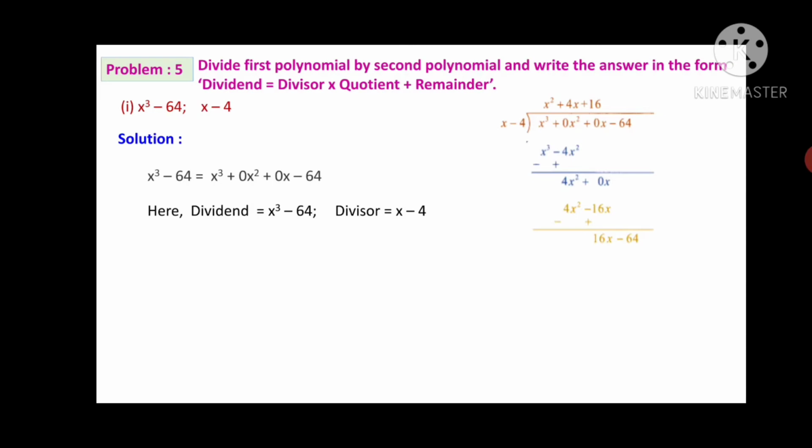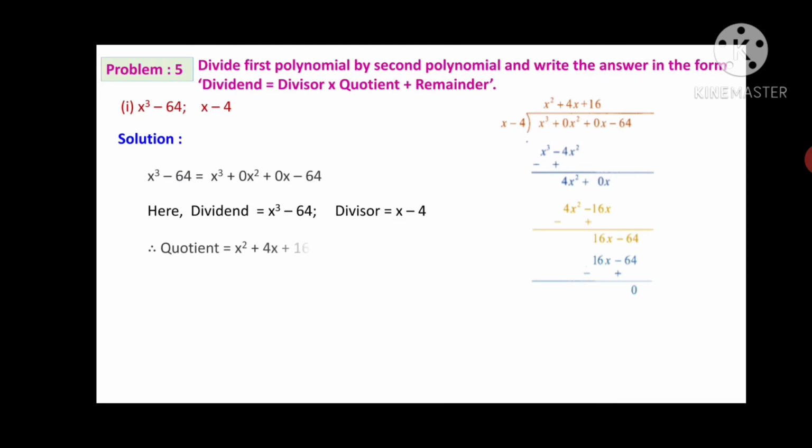Minus 64 from the top dividend is taken at the below. So again this 16x divided by x gives you 16, that is the last term of the quotient. So 16 into bracket x minus 4, the product is this one, 16x minus 64. Again here subtraction we are doing, the signs will change. 16x minus 16x get cancelled, minus 64 plus 64 get cancelled, you are getting 0 as the remainder.